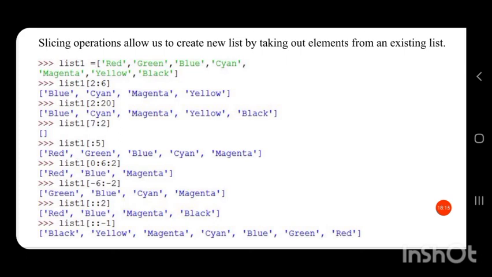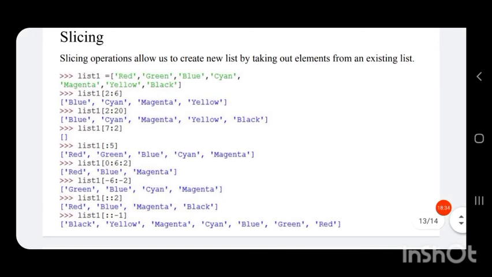So if we do not specify the start and stop and specify the step as minus 1, then the list will be reversed, that is the element at last will be the element in the first position. So for reversing a list we do not have to specify the start and stop, but step has to be given as minus 1. Then the reversing of the list is